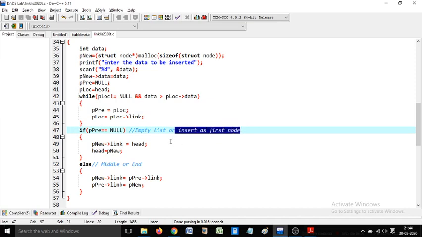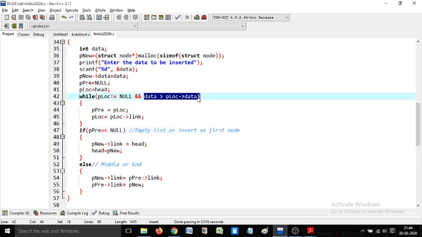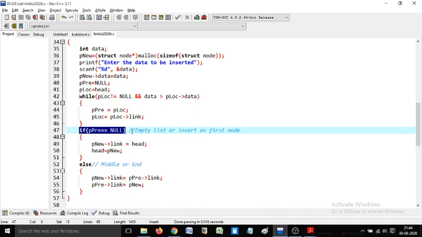For example, I want to insert 4 and the first node contains 5. In the first iteration itself, 4 is less than 5, so this loop will terminate, and in that case also p3 equals null. So p3 null implies either of two possibilities: it's an empty list, or the node is to be inserted as the first node.